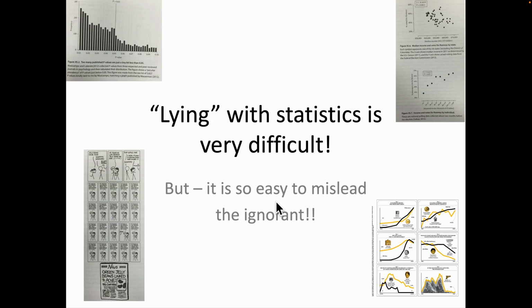And then last, and this is really kind of a great point to end on. Lying with stats is difficult. When a person understands what you are saying with the data, it is very hard to lie with stats, because a person who understands data, understands stats, can easily hear what is being said, easily read what is being said, and identify where there is misinformation being present. However, and this is so critical, it is very easy to mislead the ignorant.